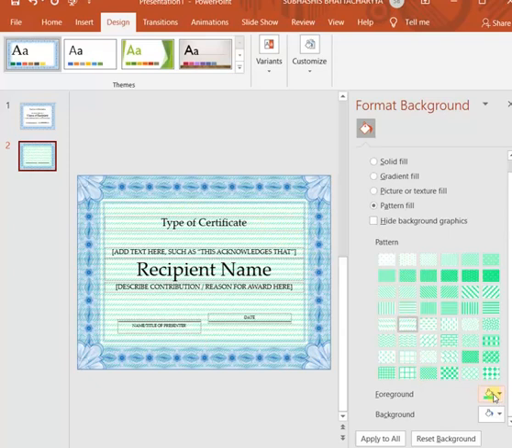You can change the color also. Foreground means the front color and background means the background color. Front color I have selected blue, so the pattern looks blue in the front.